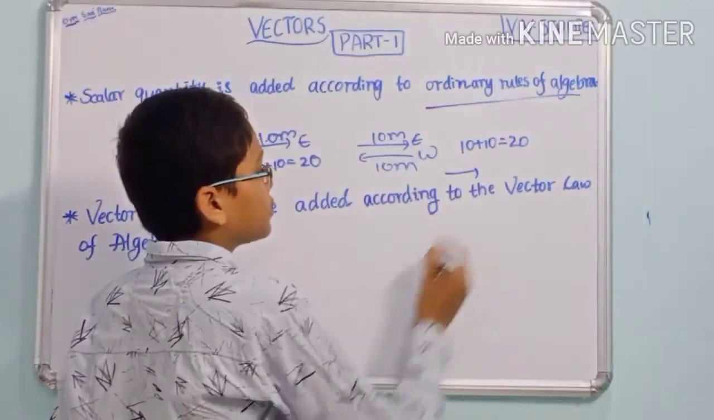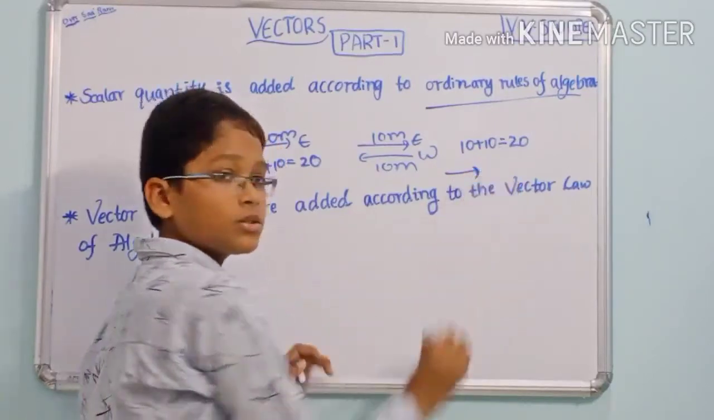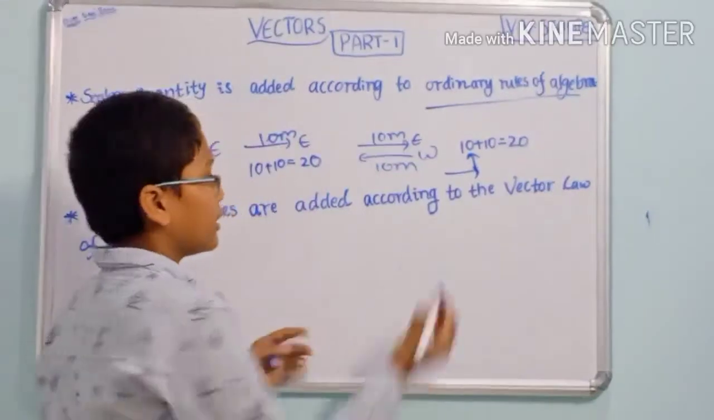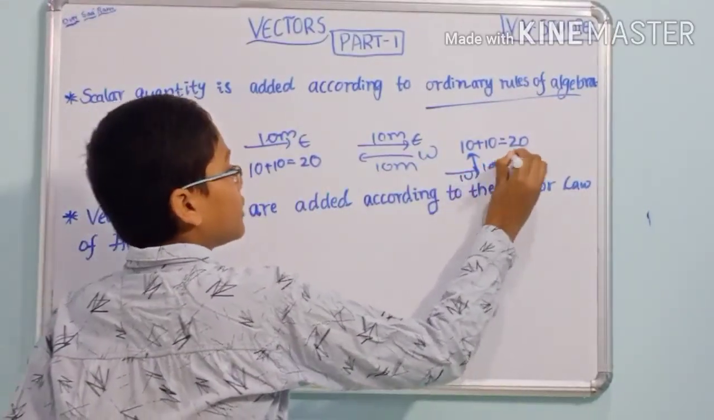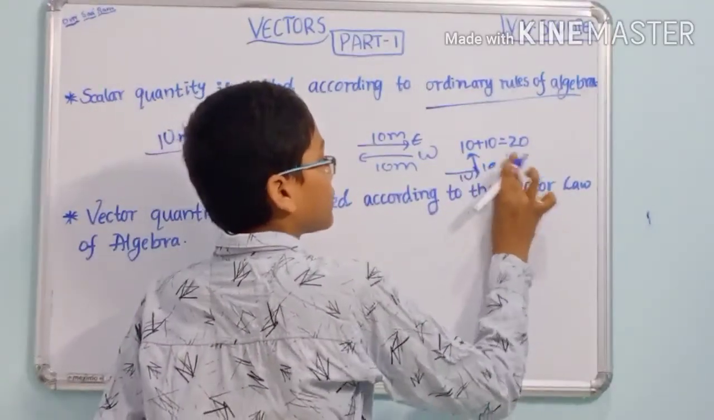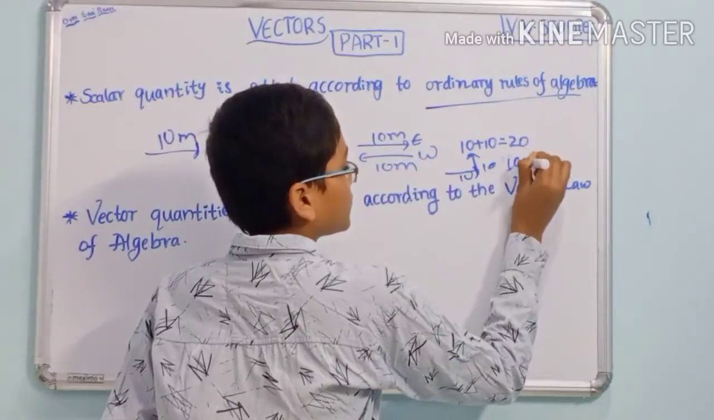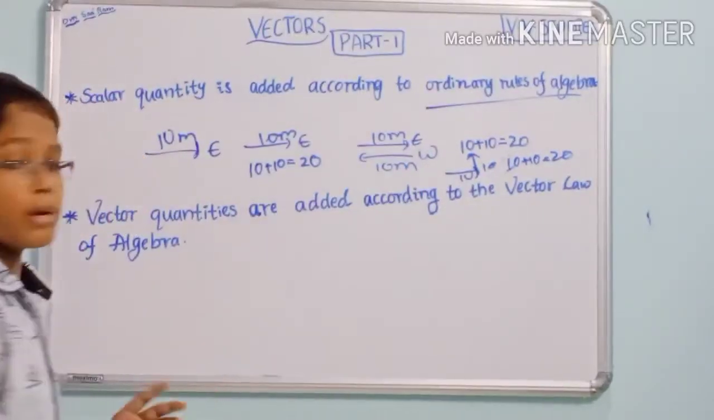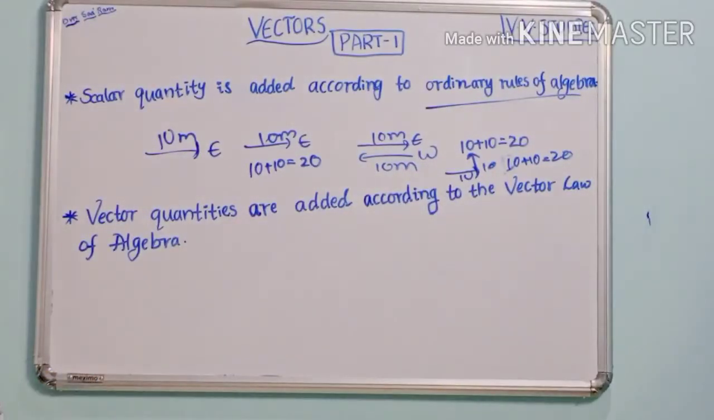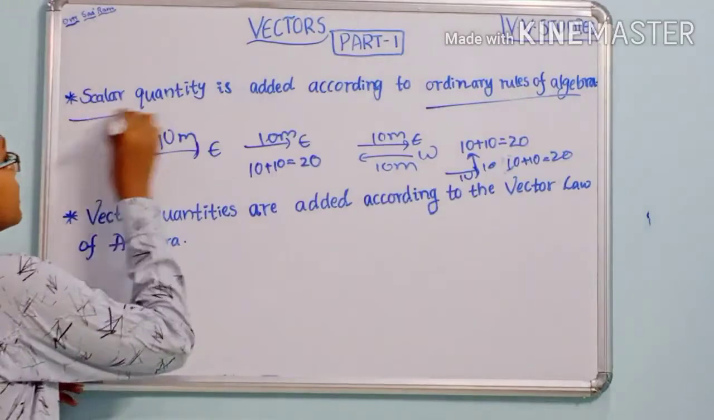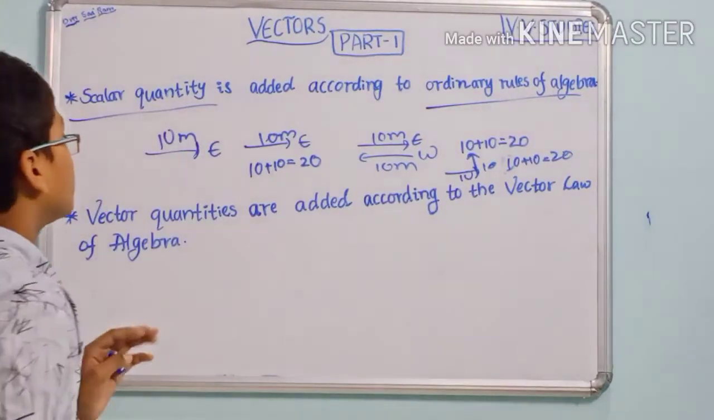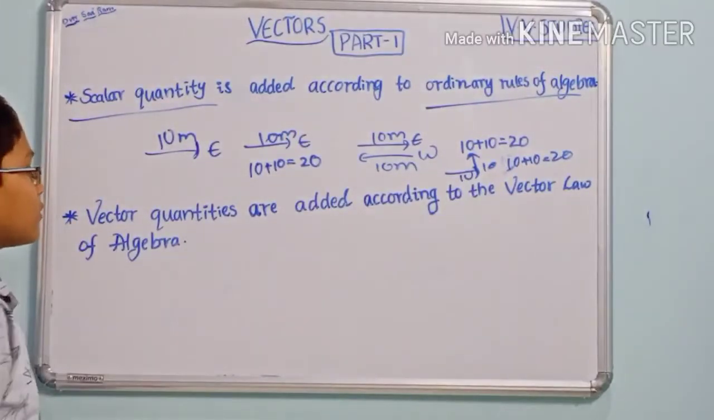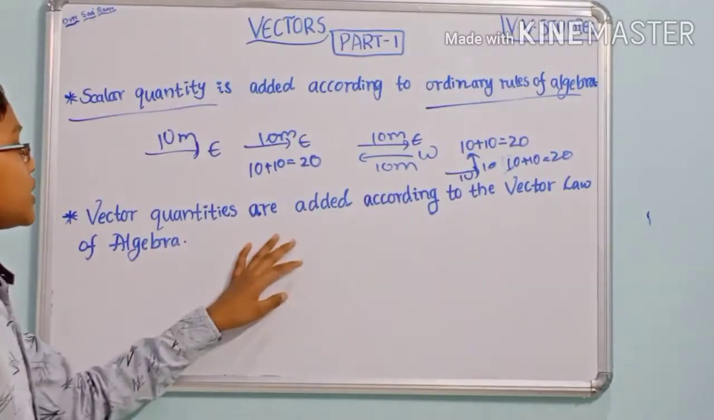Like that, 10 meters east, then 10 meters north you went. Again 10 plus 10. 10 plus 10, how much? 20. Here the direction is changing, but the magnitude is not changing. So scalar quantity does not depend on direction. So the distance travelled is 20. Okay. Now coming to the second point, vector quantities